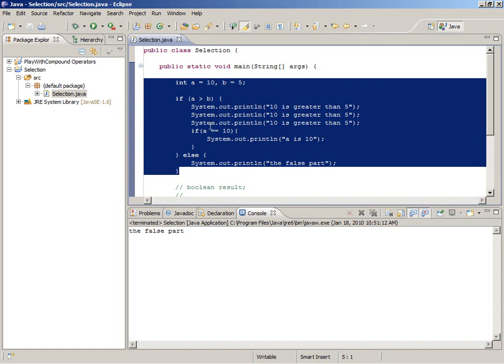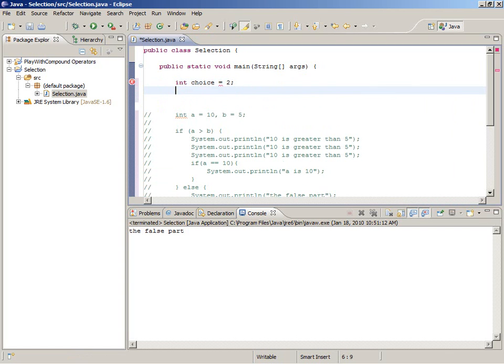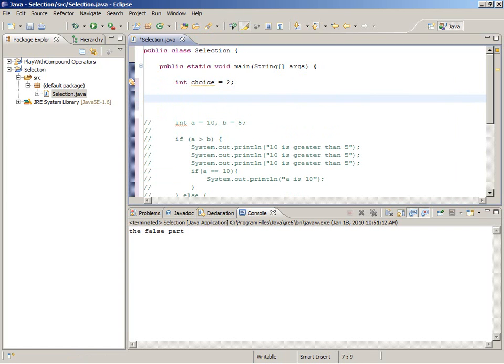Okay, I'm going to comment this out, Control /, so that we can keep it there, and we can also work on the switch statement. So I'm going to declare a variable called choice and put a 2 in it, and then I'm going to switch on that choice. Maybe the choice was entered from the console. So switch on choice,